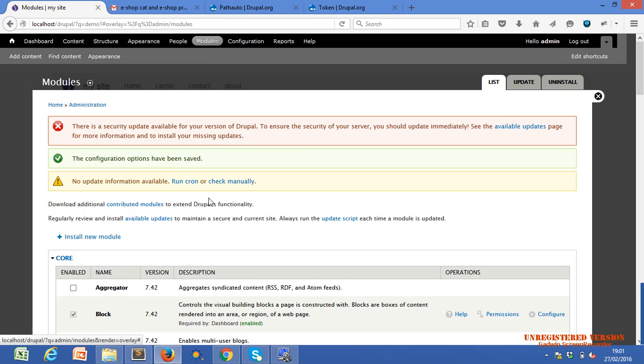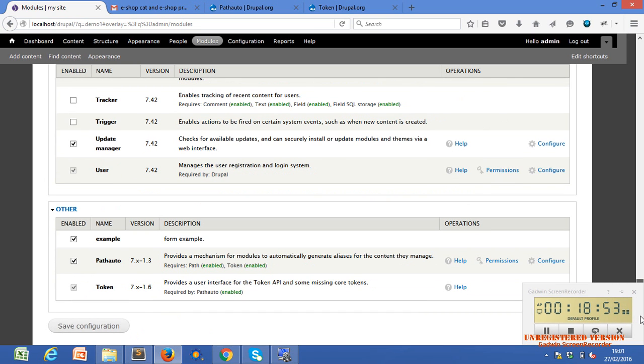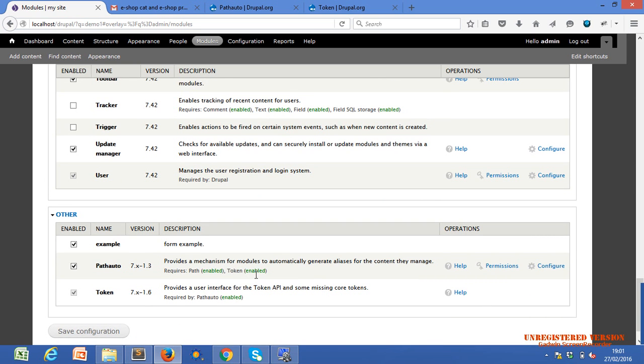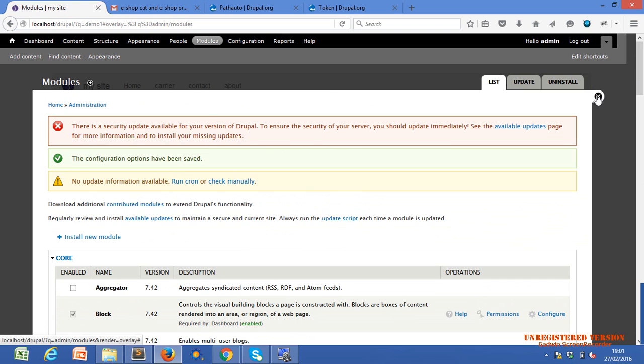Whenever we add extra functionality, the website may load the old content, meaning it will not load our module. So we have to clear the cache. Now it is showing that token, the sub module, is also enabled, and the parent module path auto is enabled. We just click on our checkboxes for that, nothing else.